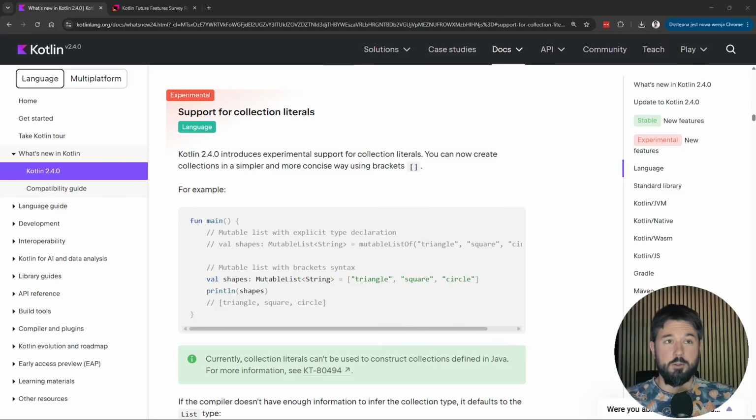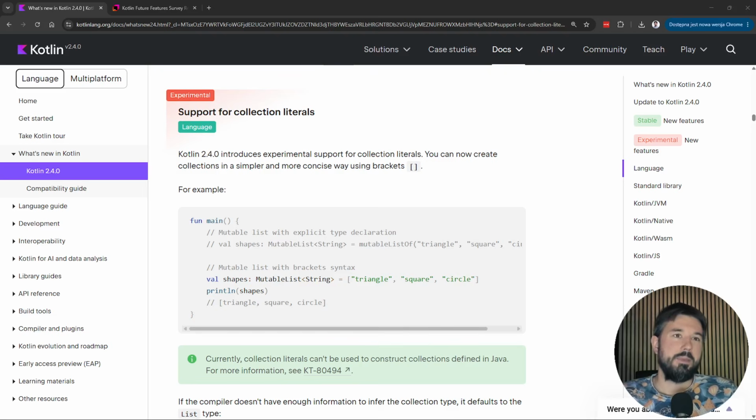In the last video, I told you that Kotlin 2.4 introduced the biggest changes in the Kotlin programming language in many years. I showed you context parameters, which are a huge change that might influence significantly how we do programming in Kotlin. 2.4 also introduced explicit backing fields, which I explained in a separate video on this channel. And finally, Kotlin 2.4 introduced, I believe, the most awaited feature in Kotlin for a decade.